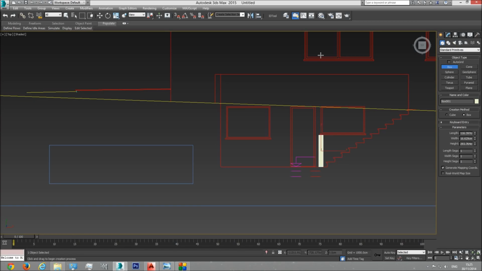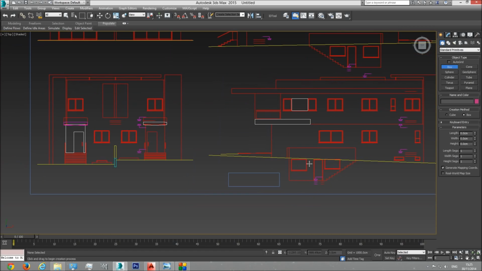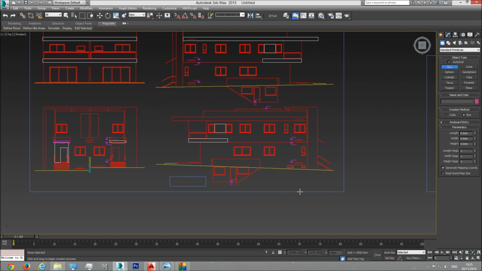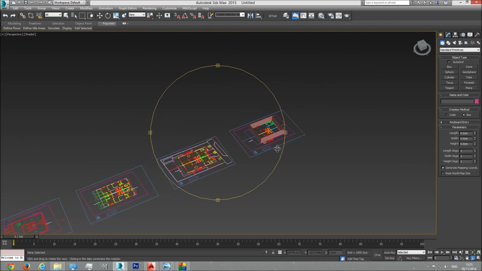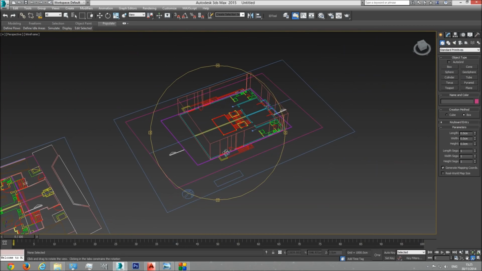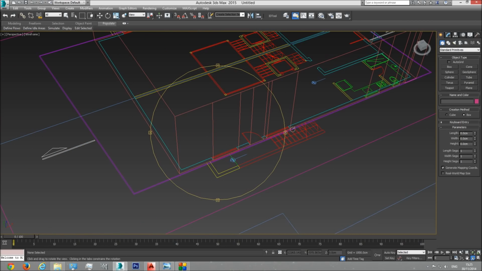115 is fine. So the second window starts at 115 and ends at 220. Alright, so now we have the windows and the door. If we go back in the perspective viewport to our plan, to the first plan here at the basement, you can see that you have two windows and a door. So these are the windows and the door